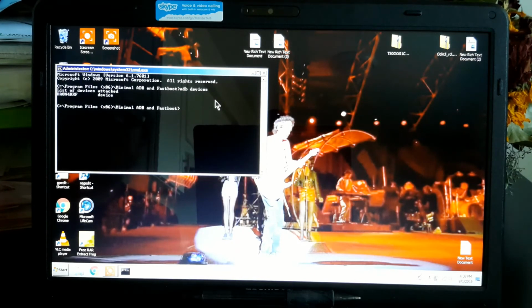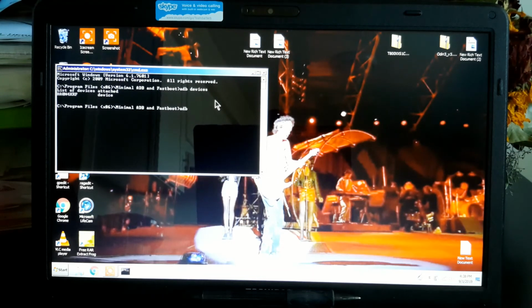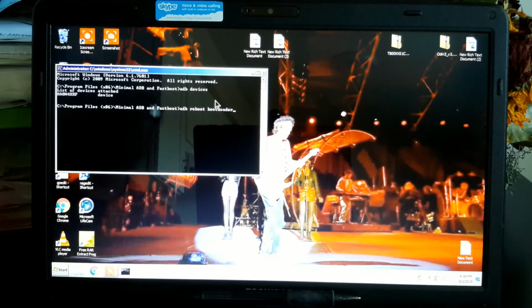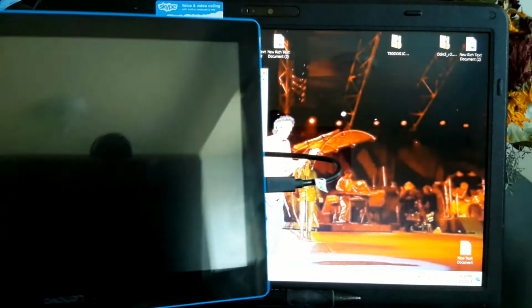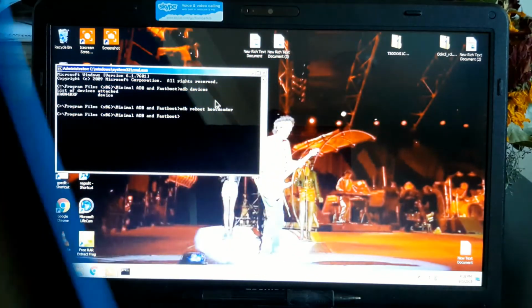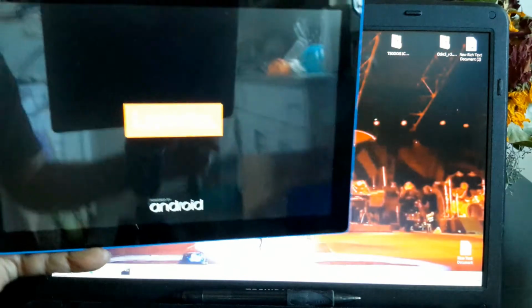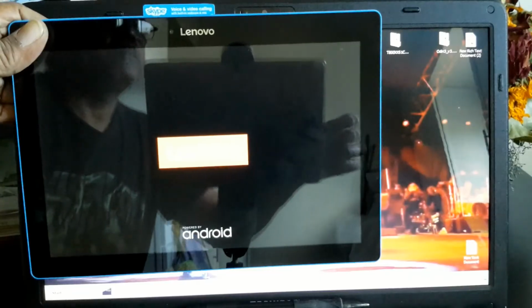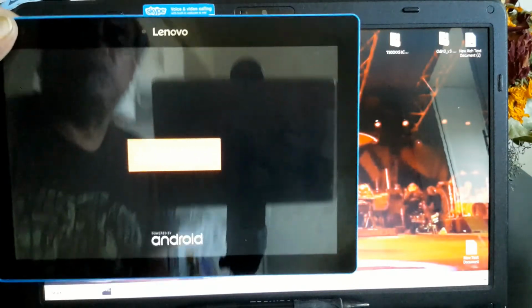Okay, now the easiest way to boot into Bootloader, just type ADB Reboot Bootloader. Okay, I just press enter. See, it's gonna go automatically into the bootloader mode. Okay, so it's upside down, sorry. Okay, now that we are in bootloader mode,